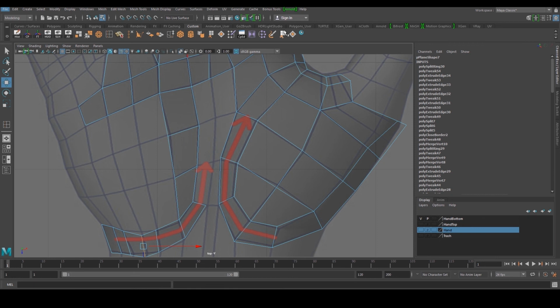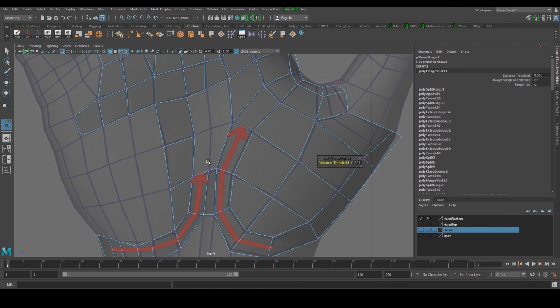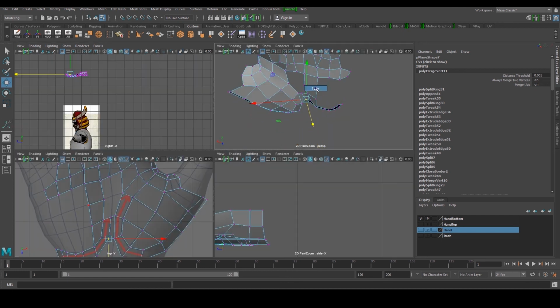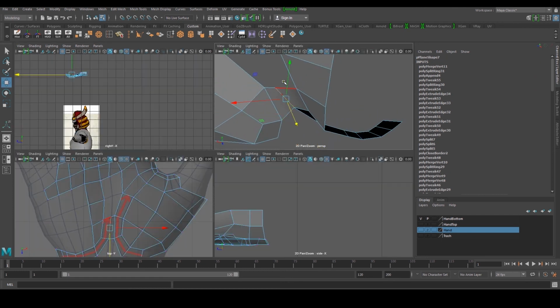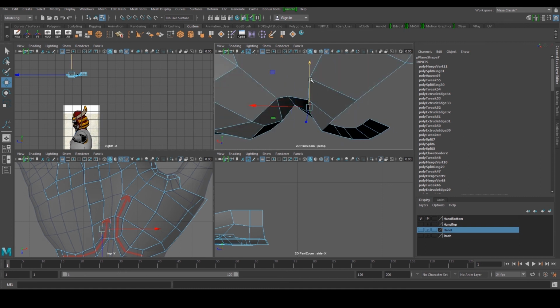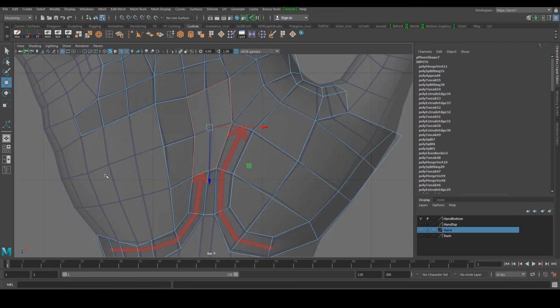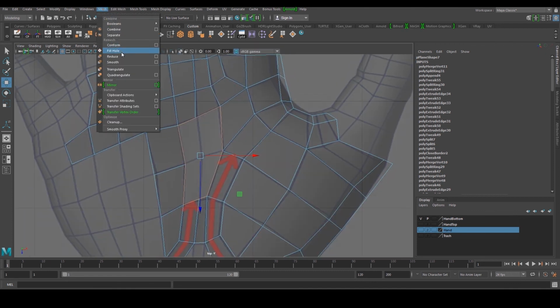What I'll do is probably need to merge this up here this way, draw a line and merge the vertices up there. Right, so I said this is where he has a ridge, and this guy has to be pulled down. Alright, so let's go ahead and fill this hole over here. So go ahead, go to mesh and fill hole,